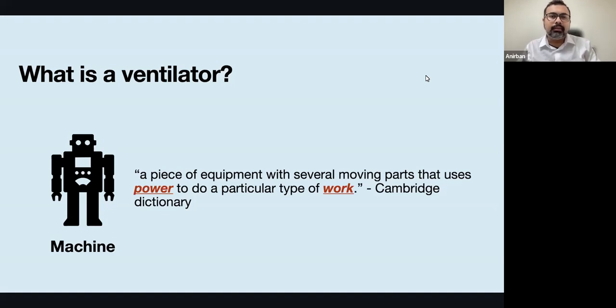It can either be the power given by the gas pressures or the electrical energy. So your ventilator can be driven completely by gas pressures, when it is called a pneumatic ventilator, or it can use electrical energy for its operations, or it can be a combination of both. In the majority of cases, it is a combination of both, where the gas pressures as well as the electrical energy are used to do a particular type of work. So what is that work? The work is